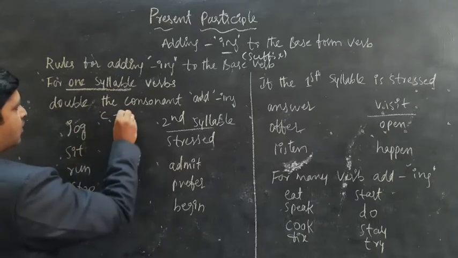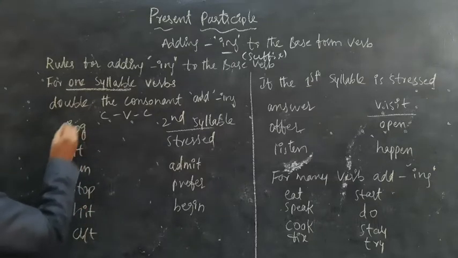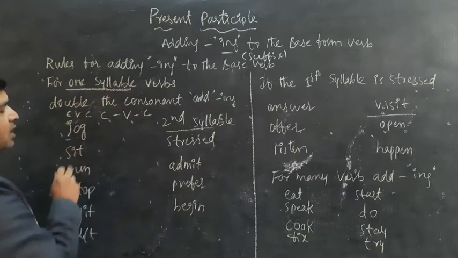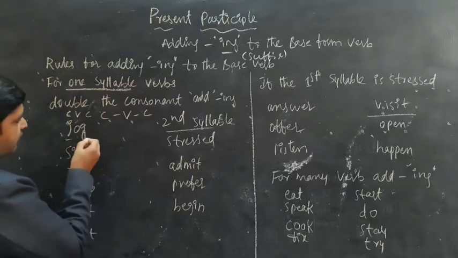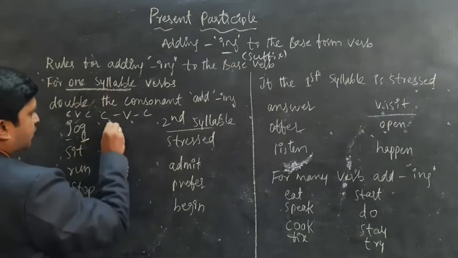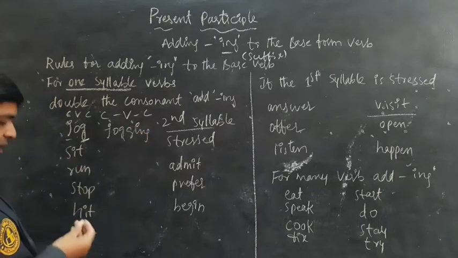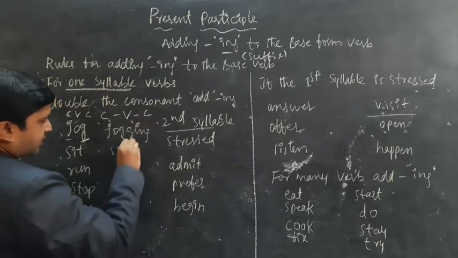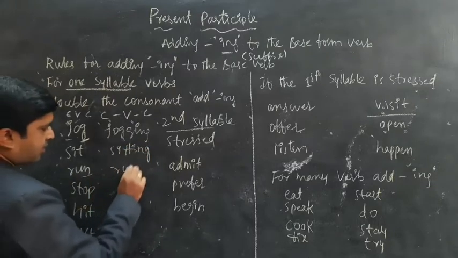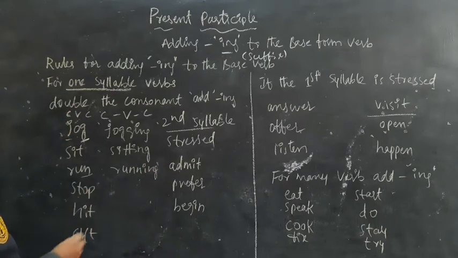consonant, vowel, consonant rule. Here see, it's a consonant, it's a vowel, it's a consonant. Jog. Here we have to double the last letter: jogging. Sit, sitting. Run, running. Stop,